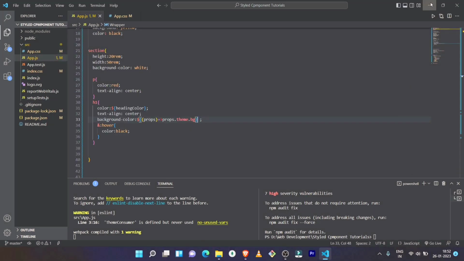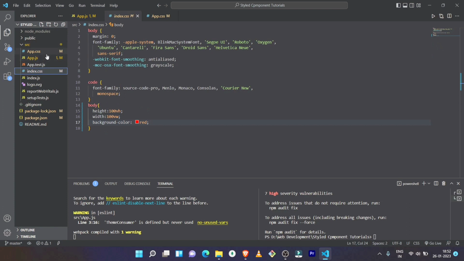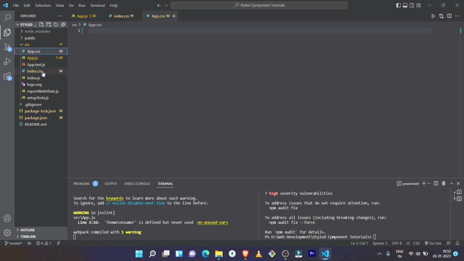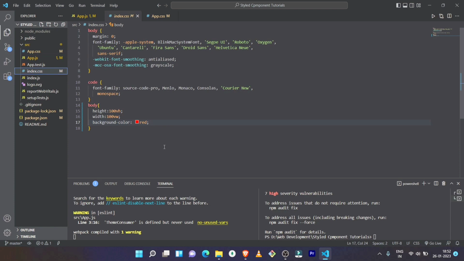So now let's learn how we can use global style. Global style is nothing but just like an external CSS, like here we are using the index.css and app.css files. Likewise, we can use the global styles, but it has a major advantage that if we want to change the styles dynamically in the external CSS file, then it is not possible. For that we have to use the global styles. So how can we use that? Just go to your source folder and create a file as globalStyle